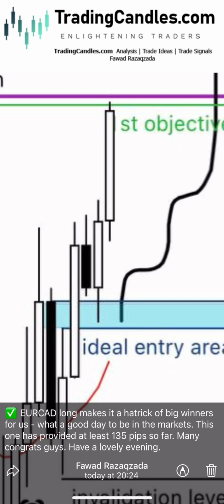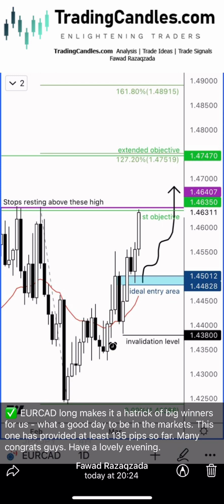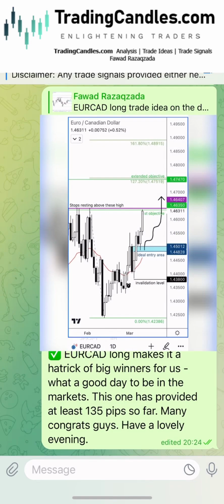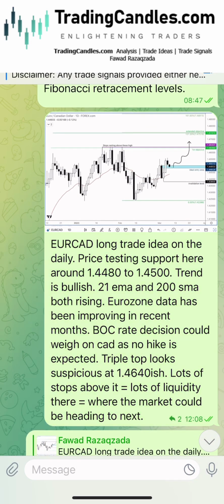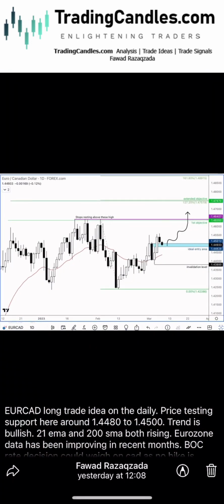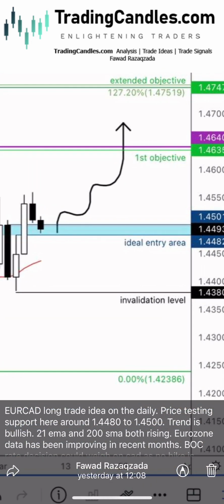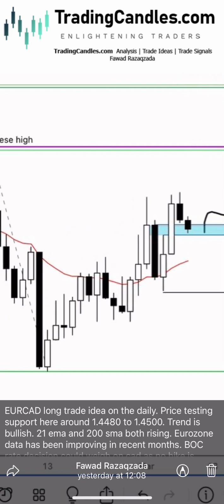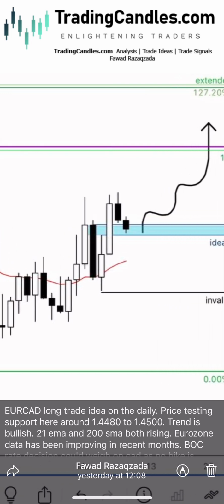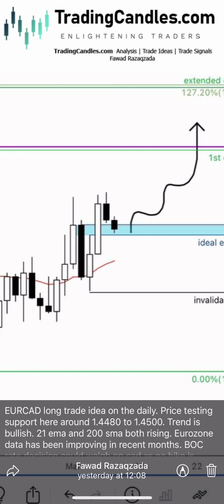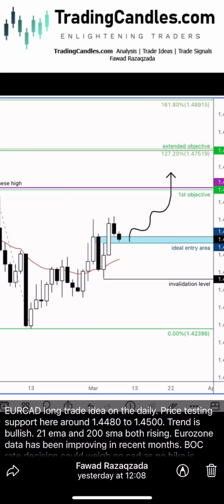Yeah. And at the time we went long, the market was falling, right? This was before the Bank of Canada rate decision. Let's go to the actual trade idea. This was it. We posted it at 12 o'clock London time, just after 12. It was literally a case of buying into support in a rising market. So whenever there's a strong trend, we like going long on the back of short-term weakness at support or near support. And our first target was